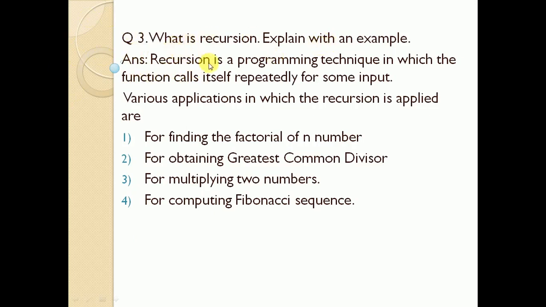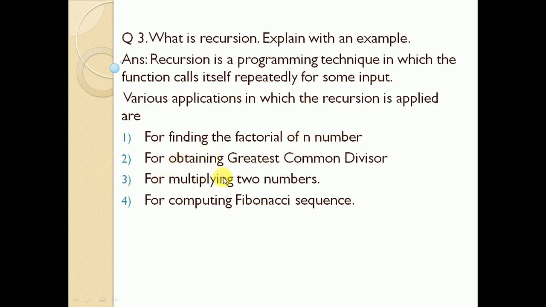For recursion there are different types of applications. Let's see the different applications. First, finding the factorial of n number: the recursive function is used and it will repeat the loop till you get the result.